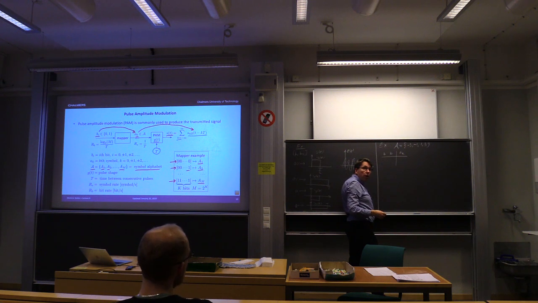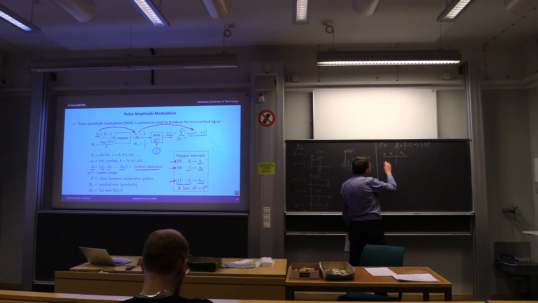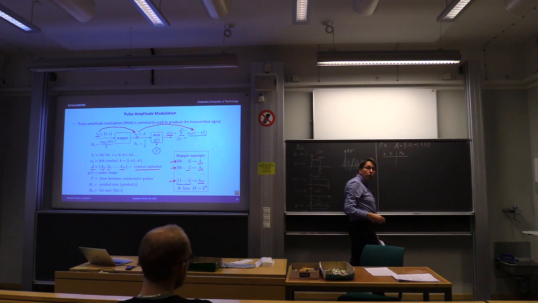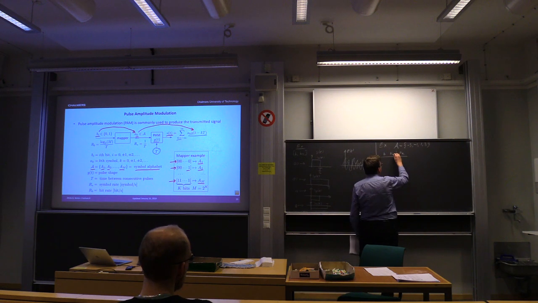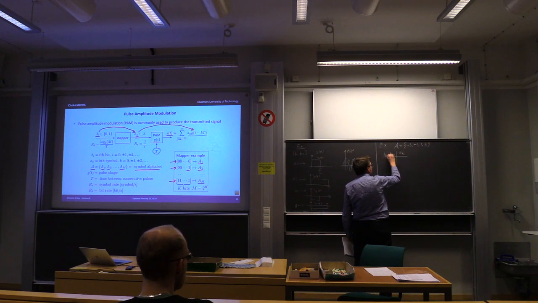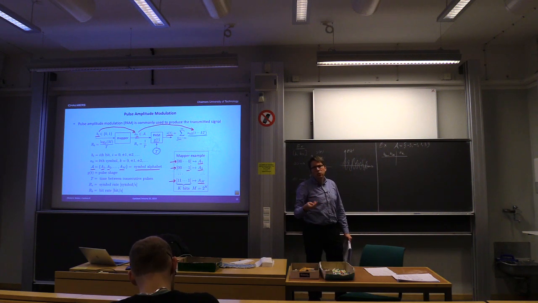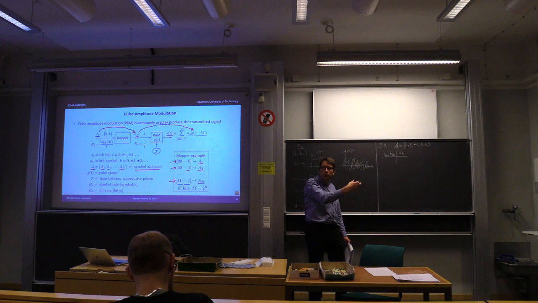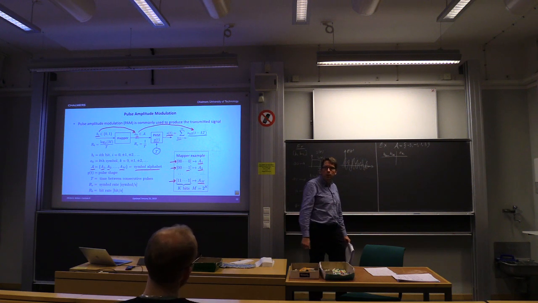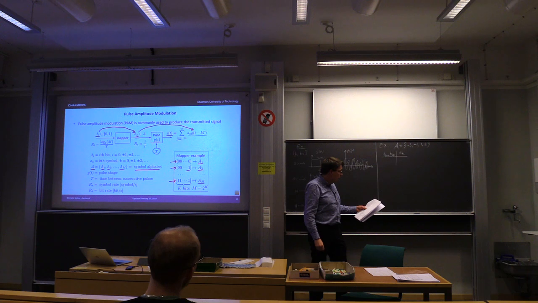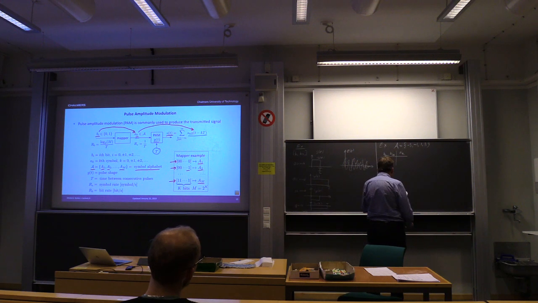To make the time index for the bits and the symbols align, we can write this as: the first bit is the (2k-1)th bit, while the second bit is the 2kth bit. It's not super important that you keep the indices in your head right now, but trust me, this will work out. So adjacent blocks of bits are mapped onto amplitudes or